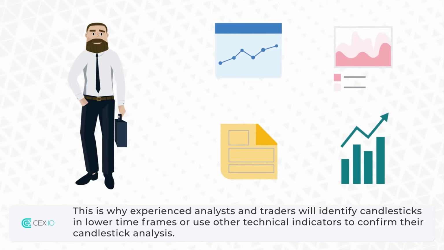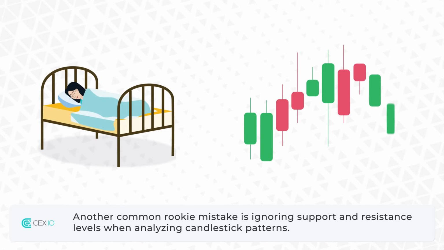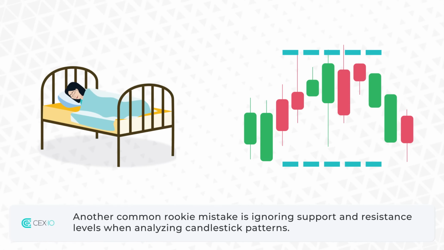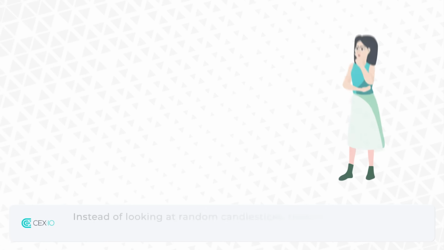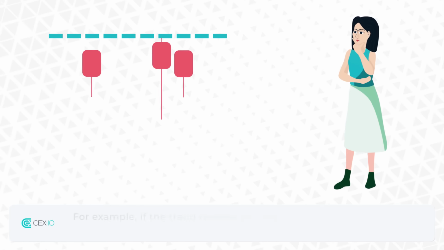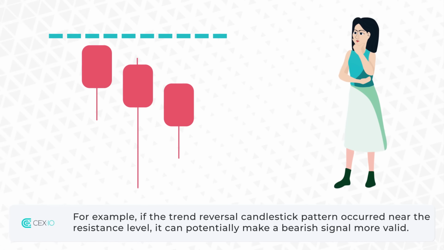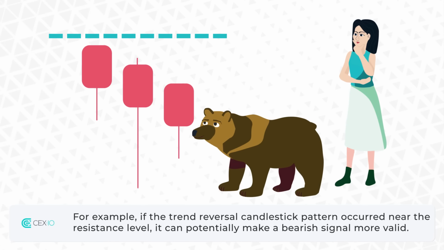their candlestick analysis. Another common rookie mistake is ignoring support and resistance levels when analyzing candlestick patterns. Instead of looking at random candlesticks, traders sometimes focus on the ones near major price levels. For example, if the trend reversal candlestick pattern occurred near the resistance level, it can potentially make a bearish signal